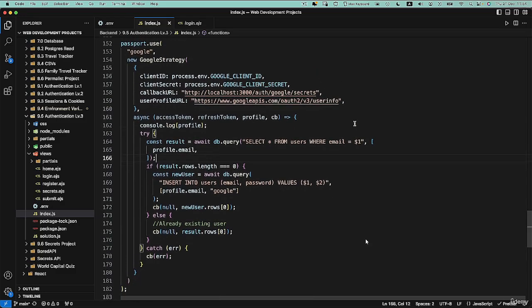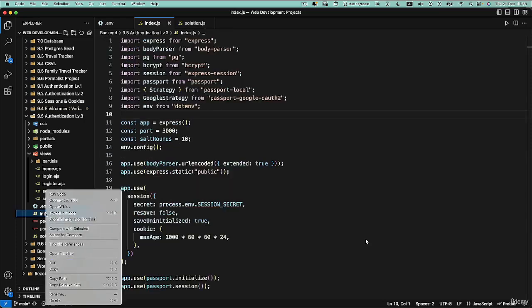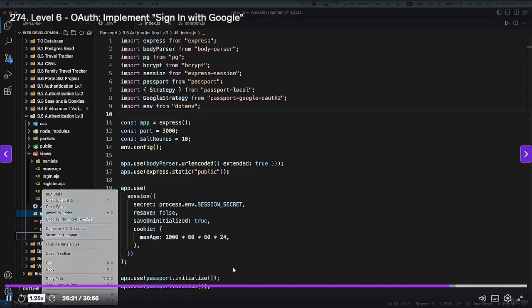Now, there's quite a few moving parts in this, so I would not be surprised if you made a typo or a mistake or the order or something is wrong. So what I recommend you to do is to use the VS Code compare just to make sure that you haven't made any typos or any issues. You can do this by right-clicking on the current file that you're writing, so your index.js, and select this line, select for compare. This is your file, and then I want you to right click on solution.js